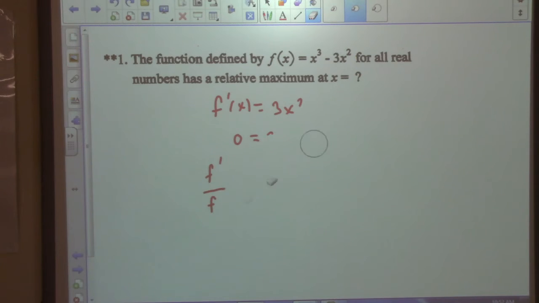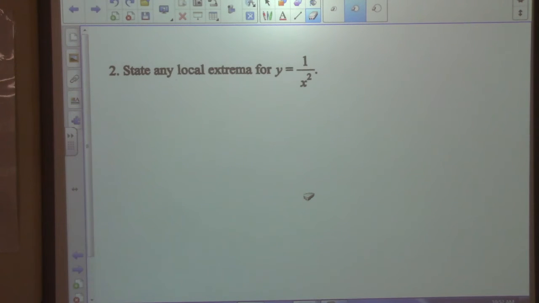Okay, let's go ahead to the next one. State the local extrema for this one right here. So go ahead and work that one out, number 2. And I think this one right here was one of the ones we went over last year when we did the pre-calculus parent functions. Not that this is an official pre-calculus parent function, but